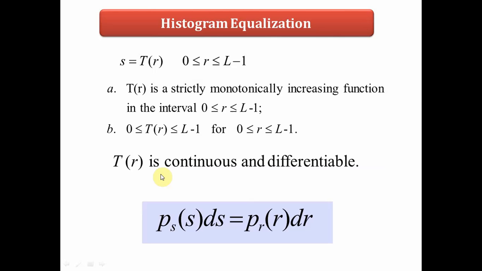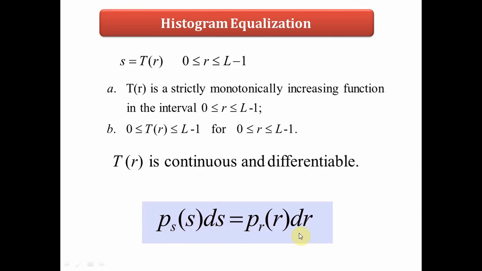In order to consider that, you're considering the density function for S and the density function for R, for the differential area ds over the differential area dr. So the density function for S and the density function for R should be equivalent in order to equalize the condition. From that, P_S(S) can be written as P_R(R) dr by